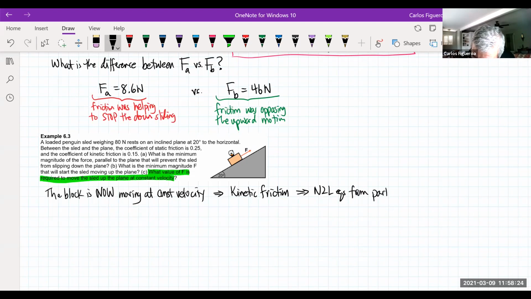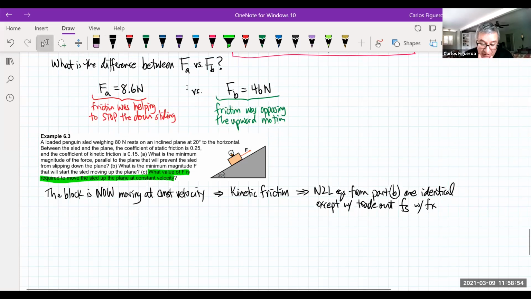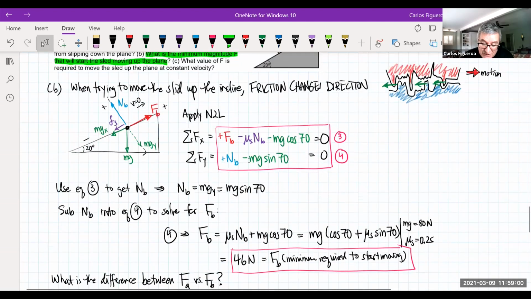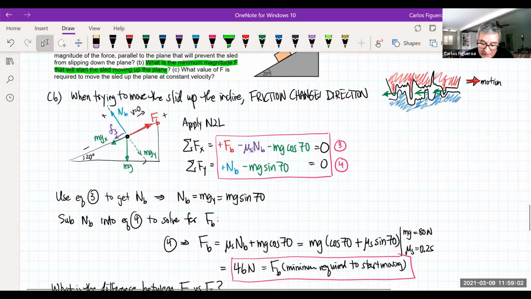from part B are identical, except we trade out f of s with f of k. So if we just do that, right, it's exactly these equations up here. There's no difference because the tendency was to move upwards. These equations are identical. We just change out that mu s to